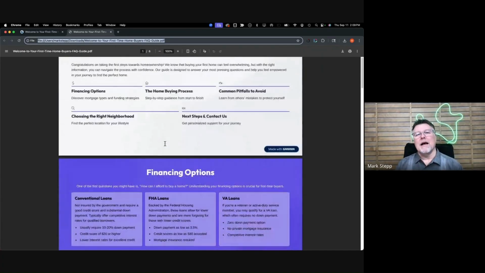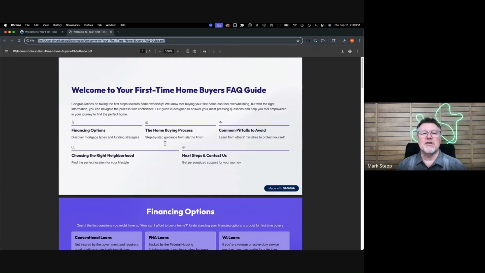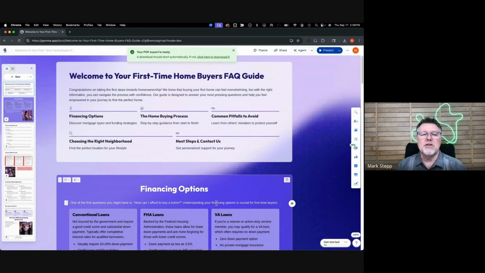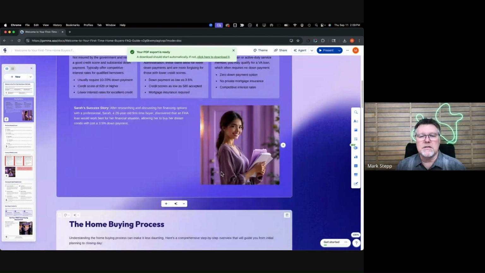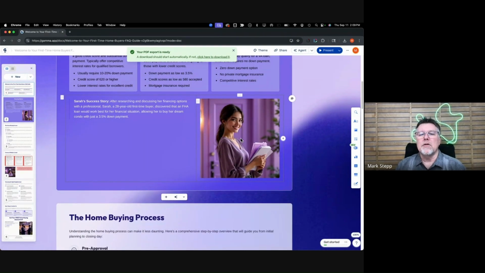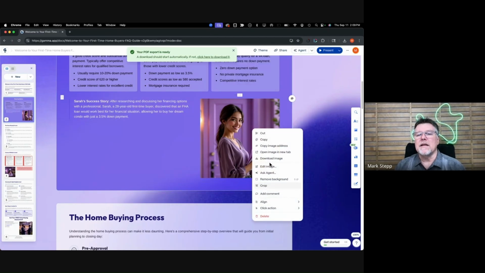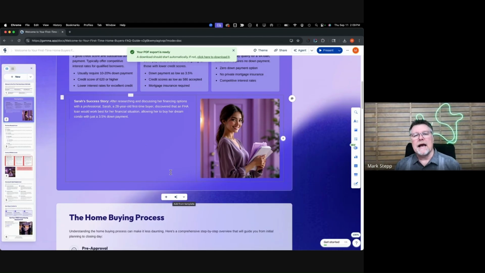I like Gamma. There's just some amazing things that you can do with it. And like I said, once you've got this created, you can do other things with this. You can add, you can make changes. Maybe you don't like the way certain pictures are set up. Maybe you want to put your own picture in there. I mean, you can click on an image. You can ask the agent to do changes to it, change to a different style image or whatever you want to do. You're just letting AI build that out.